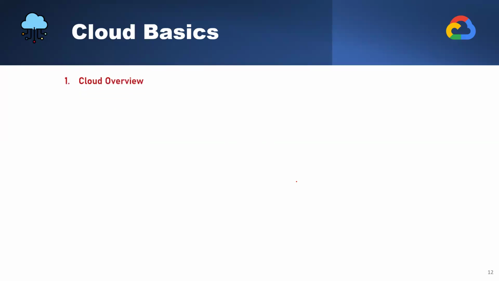Cloud Basics. First thing, we are going to see the cloud overview. Tomorrow's topic is why we need the cloud platform and what is the difference between on-premises versus cloud. With a real world example, I'm going to tell you what this on-premises working culture is. You don't have to master on-premises working culture, but if you want to appreciate the cloud and how its advancement happened, you need to understand the challenges that people faced on-premises. So in the very first topic tomorrow, let me tell you what the on-premises working culture was and how the cloud came into the picture.